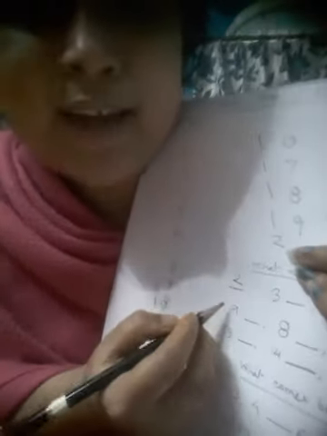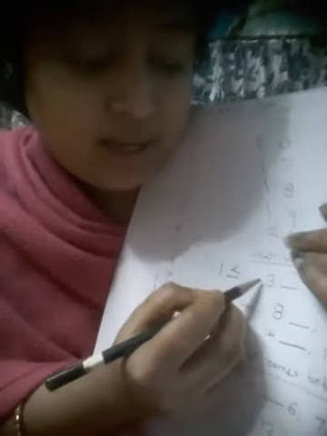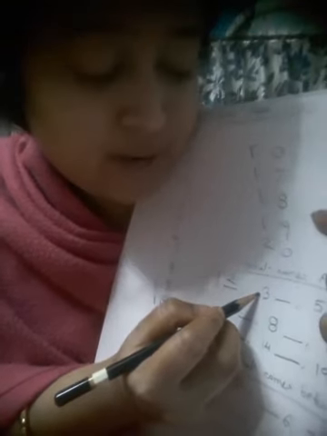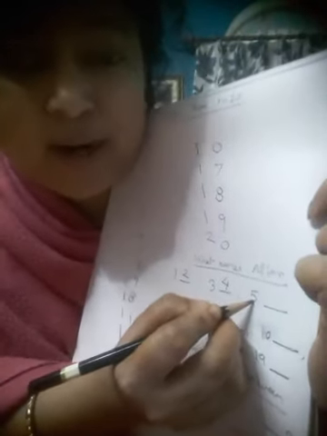So what comes after 1? 2. Very good. Because you say 1 and then 2. That is why 2 is the after number of 1. What is this? This is 3. And what is the after number of 3? 4. Very good. When you say 1, 2, 3, then you say 4 after 3. What is this? This is 5. And what comes after 5?